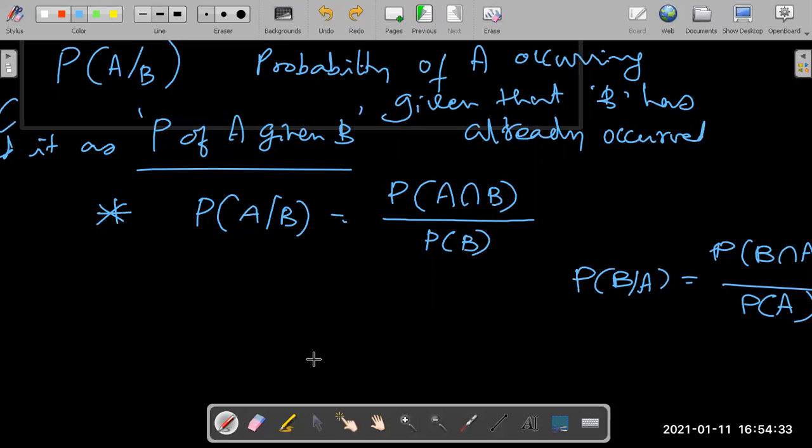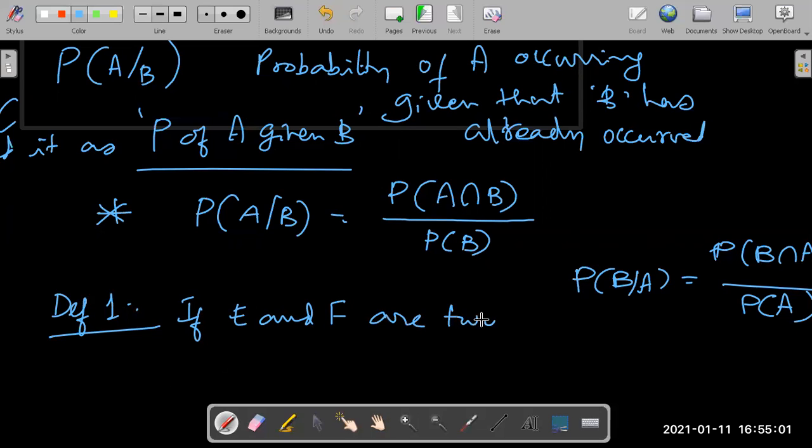So the first definition is nothing but this formula. What is given in the textbook, instead of A and B, is definition 1, the definition of conditional probability: if E and F are two events associated with